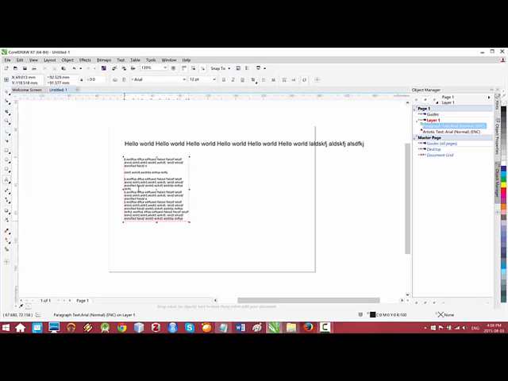Now, to handle this, what you can do is to expand the text box, the paragraph text box, so that all of your text displays. However, sometimes this may not be possible, depending on the nature of the design you are doing. For example, if you're designing a brochure or a magazine page where there's limited space for text,